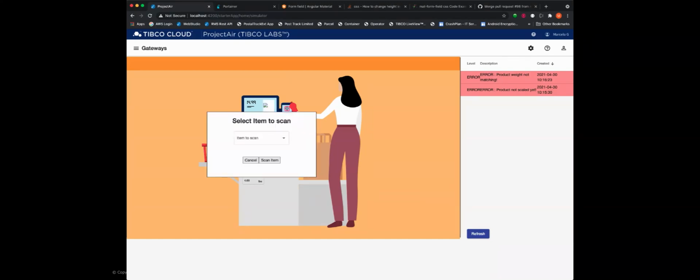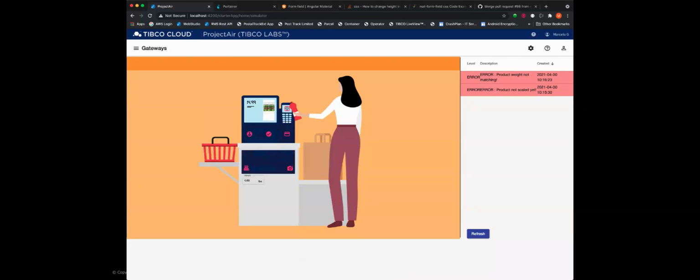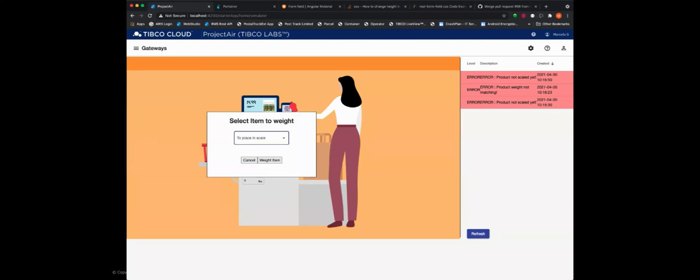So we go back to the scanner, and now we scan the right item, the one that was weighed. Scan the item, and the event was sent. So let's check the refresh activity, and the product says not scaled yet. So since the sequence was not followed correctly, we have to come back to the scale and select the Mountain Dew again,